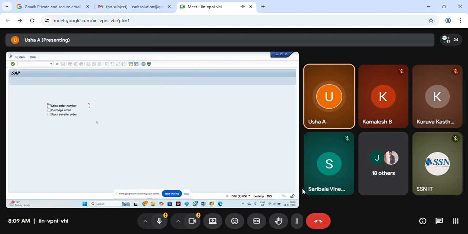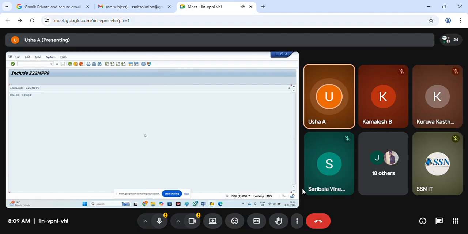You can see sales order. I'm selecting and pressing enter. You can see sales order is coming. Come back. I can select all the two. Stock transfer order. Leave to list processing, that's the reason it is coming here. Otherwise, it can't come. You can see purchase order. I can select all the three, or I can select only one, or I can go without selection also. I can leave. Okay. So this is about the checkbox. If I'm not selecting, no output. Clear, right?